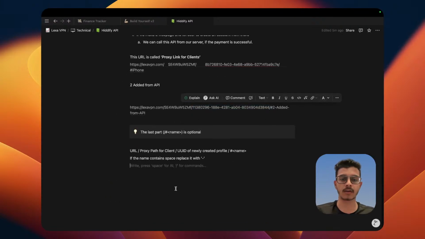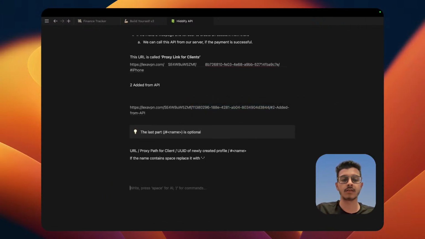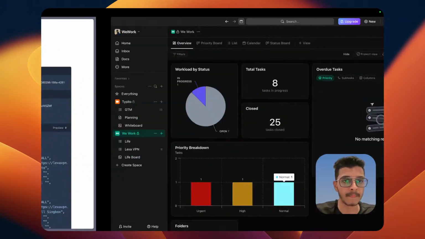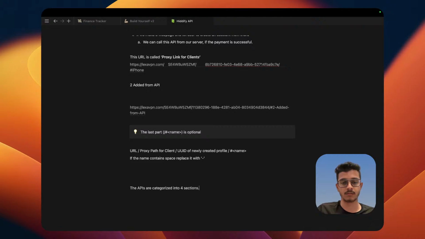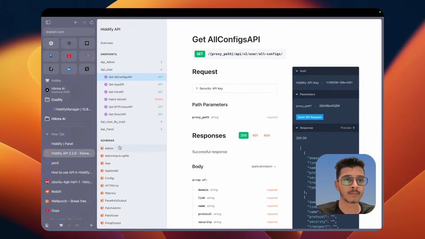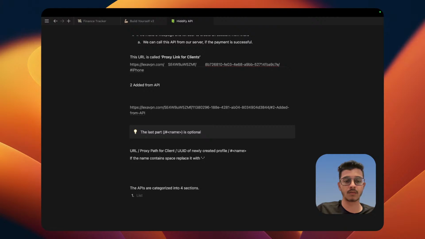Let's not write it. The APIs are into 4 sections. One, an API underscore admin, ping on the API underscore user,